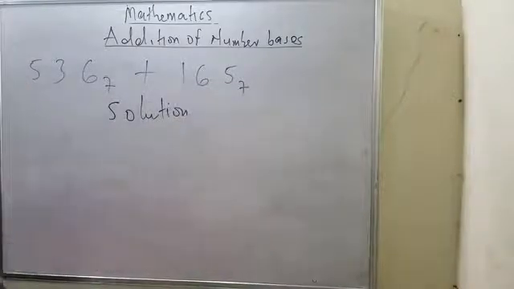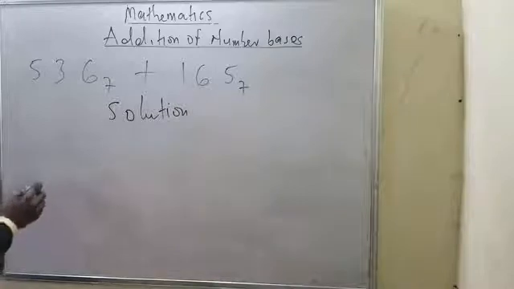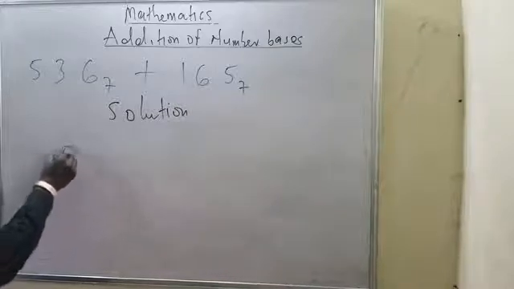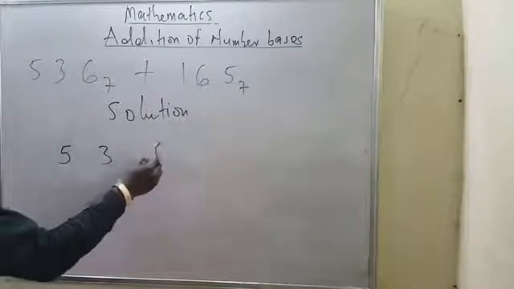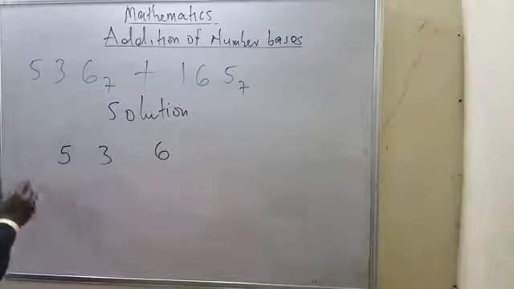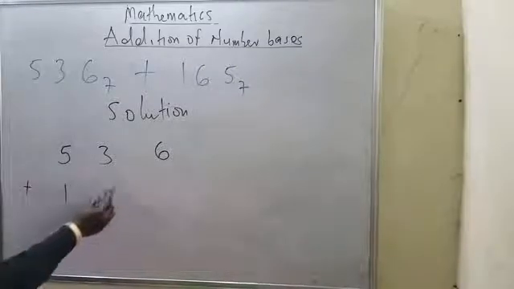Now, it's 3 digits. I was supposed to make it 5 digits or more, sorry about that, but let's play with it. 5, 3, 6 plus 1, 6,